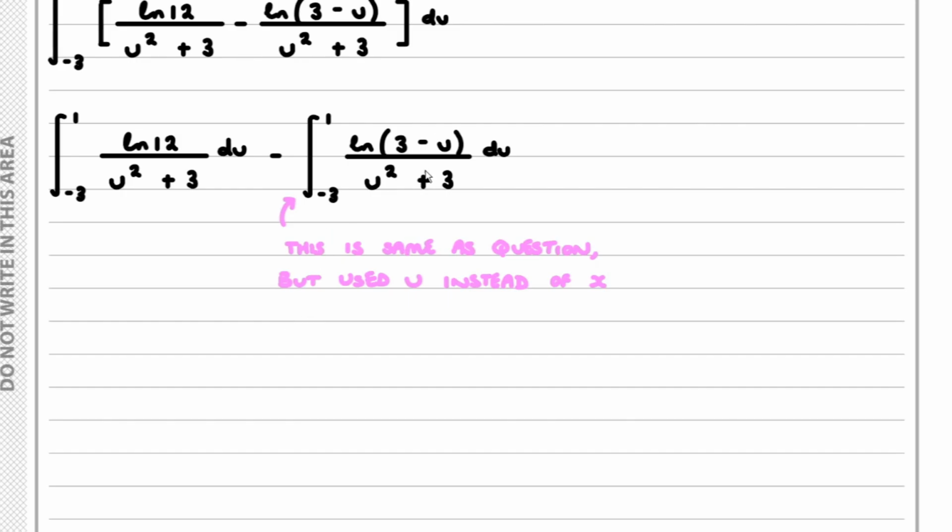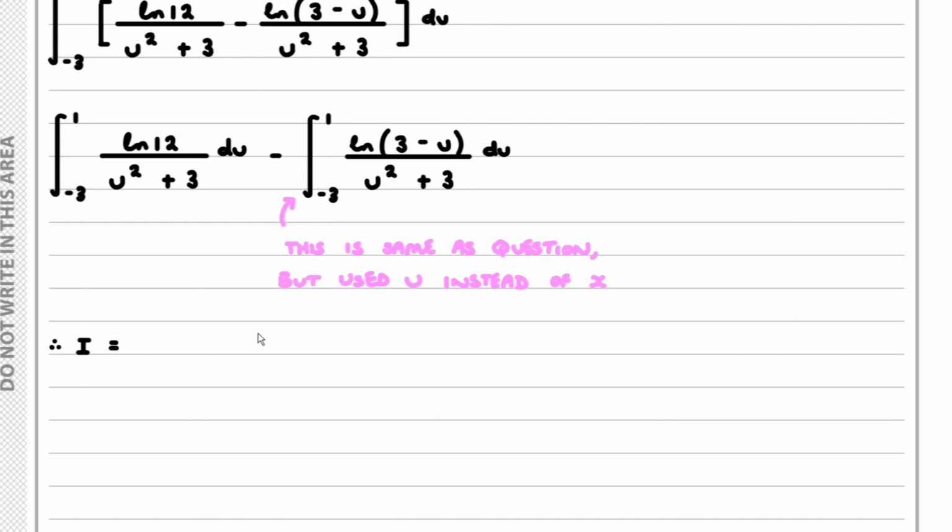So recognizing this is the same as the question, but we use a u instead of an x, and recognizing that this is equal to I, the original integral I,